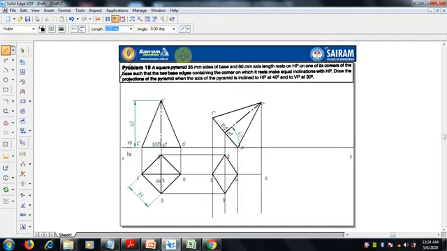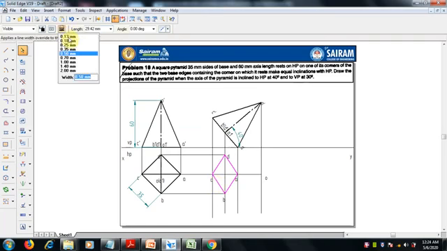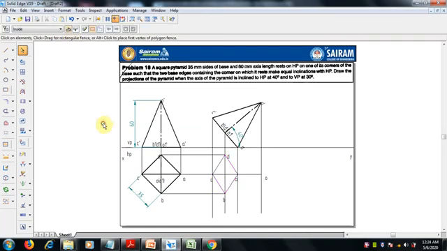So put it. So the base we will get to know, but first while drawing this base, just draw with a thin line. Don't go for a thick line. Just draw the base and then join the base with the base corners.